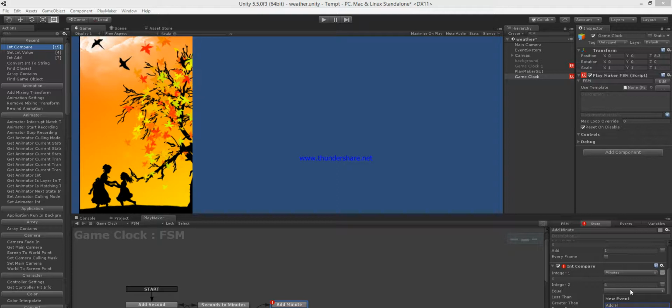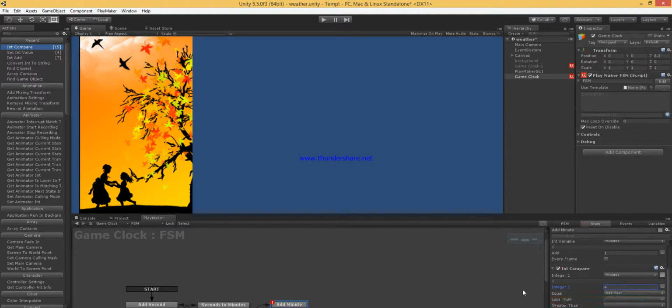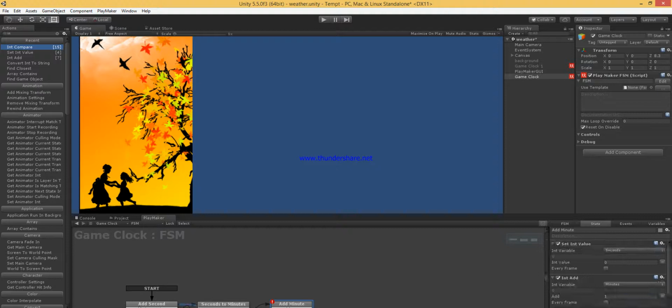So if it's equal, add an hour. If it's less than, we want to keep counting. And then add an hour if it's greater for some reason. So keep counting. And add hour. On add hour, we want to set minutes back to 0. We want to add